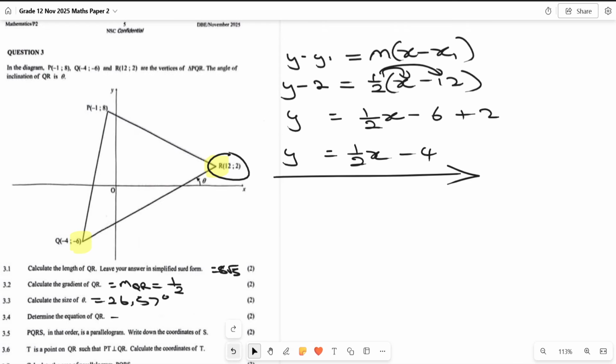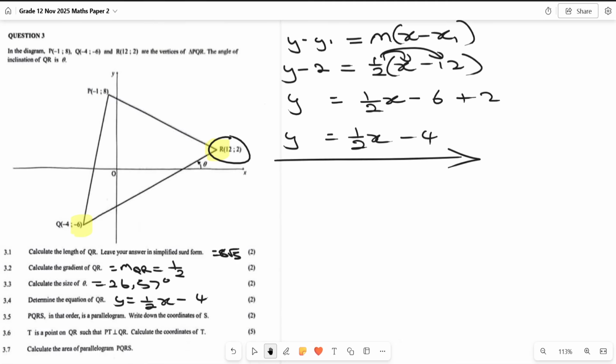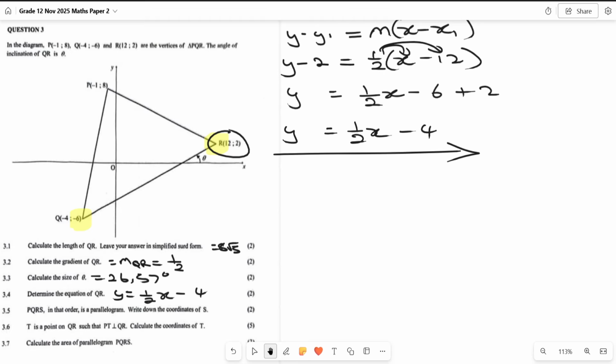Allow me to just say this: y is equal to 1 over 2 x minus 4. All right, now the following question, I think this is when it starts getting interesting. So far we were just moving downhill. The next question,